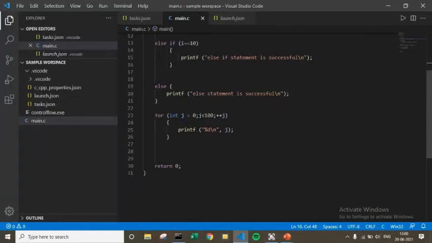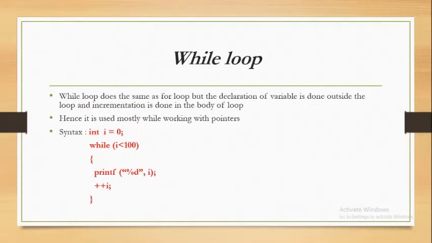So let's go and look at another kind of loop, that is our while loop. A while loop does the same thing as a for loop. You can do everything with a while loop that you can do with a for loop, but the only change is that the declaration and initialization of the variable will be done outside the loop, outside this bracket, and the modification of the variable, or the incrementation, will be done in the body of the loop at the end.